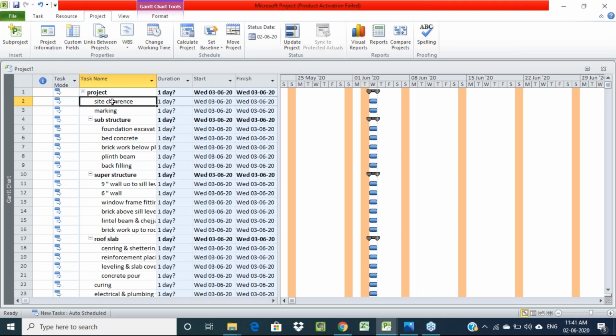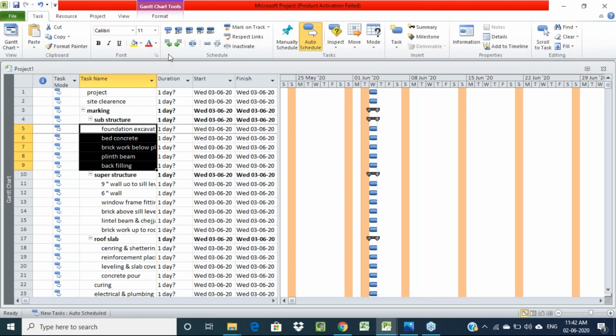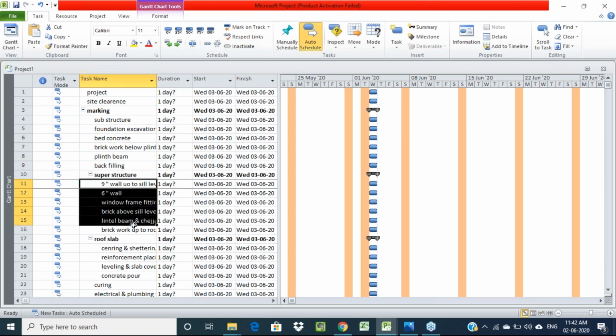So here, for each and every activity, we have to enter it like this. For each activity we have to give a duration. Whatever you are seeing here is auto scheduled activities.